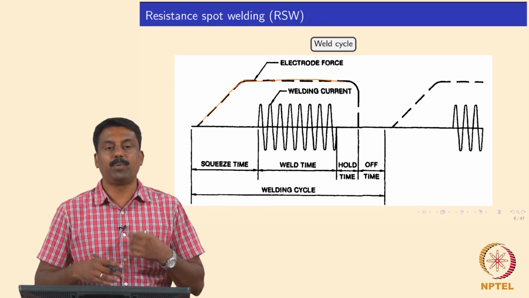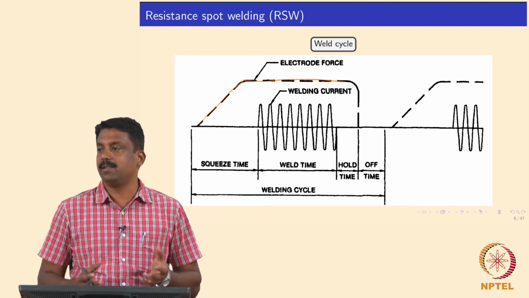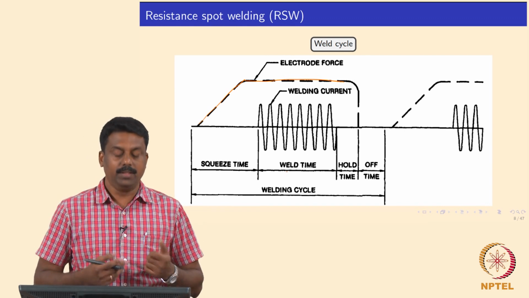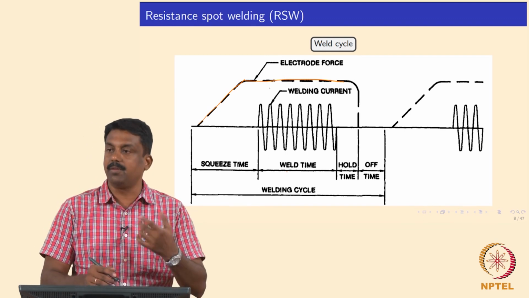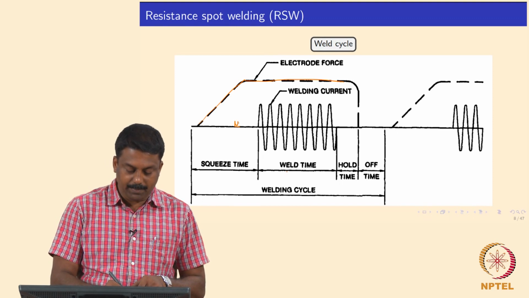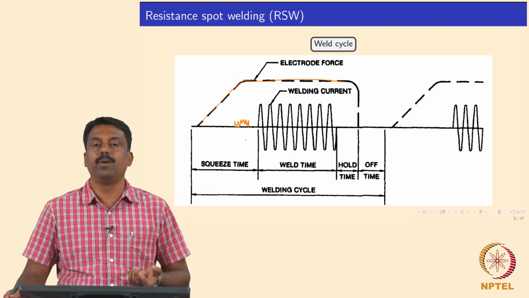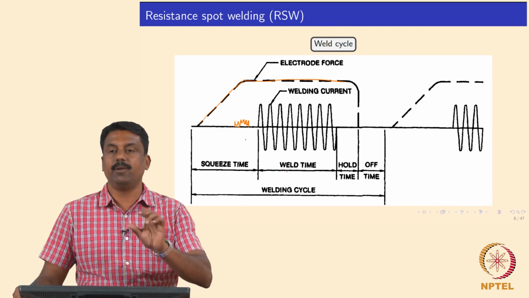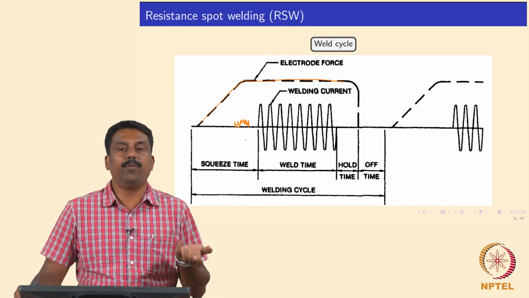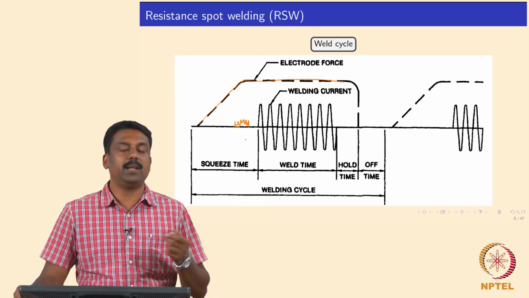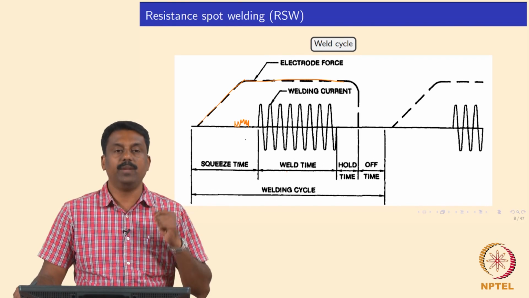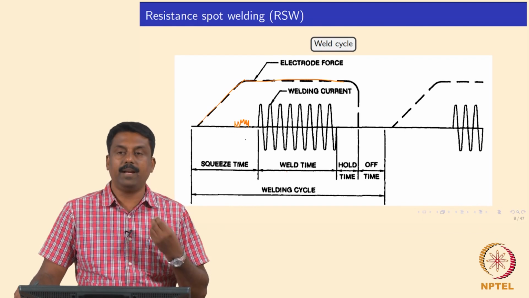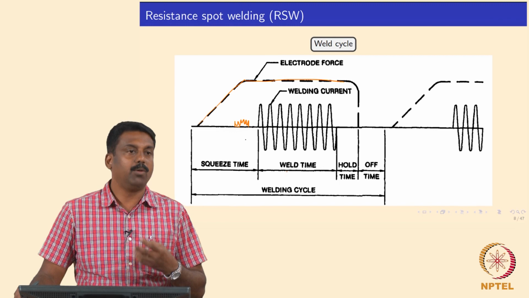So, we can also program that in the weld cycle itself, or you can also reduce the cooling rate by using a preheating. So, instead of taking the temperature directly to room temperature, you may also have a pre-pulse, a pulsing before the actual welding pulse. So, that means that you are preheating the interface to a temperature of say 400 degrees centigrade. So, that may reduce the temperature gradient, and subsequently it can also reduce the cooling rate.